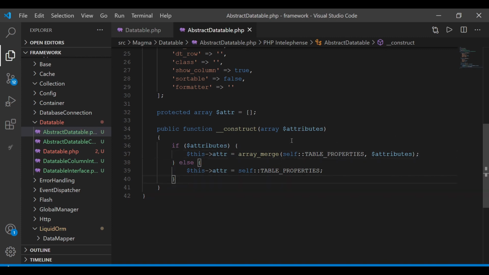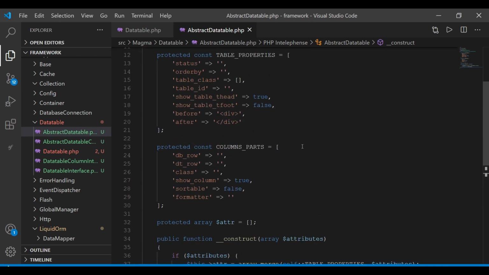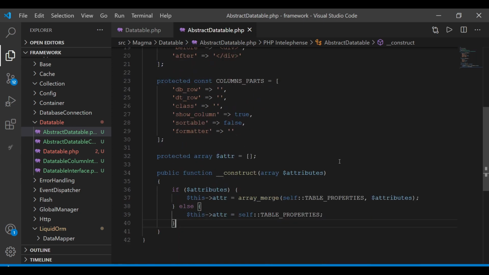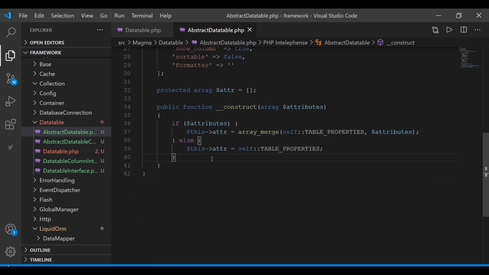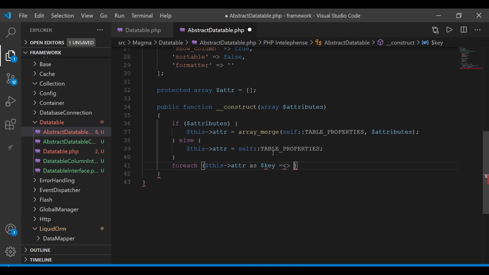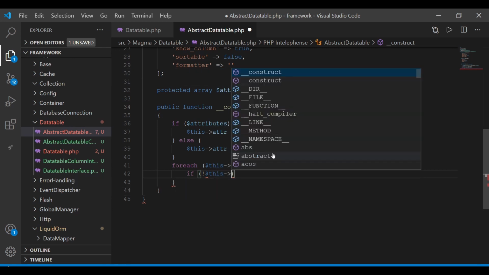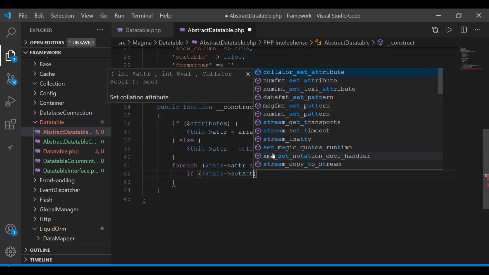Now I want to iterate over each of these key value pairs and make sure that they're of the right data type. So I'm going to create a function that's going to do that, and I'm going to initialize it within this constructor. So I'm going to say foreach this attr as key value. I'm going to say if it's not set, this set attributes,